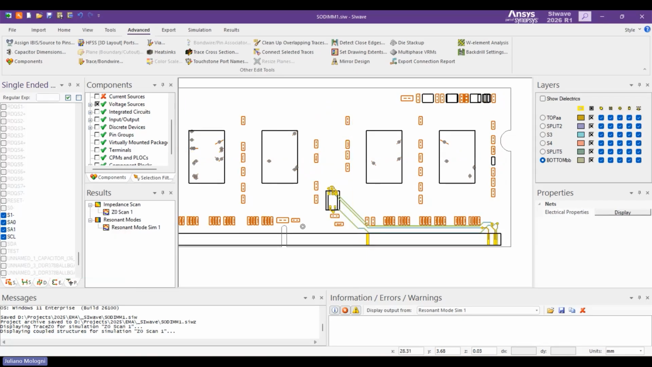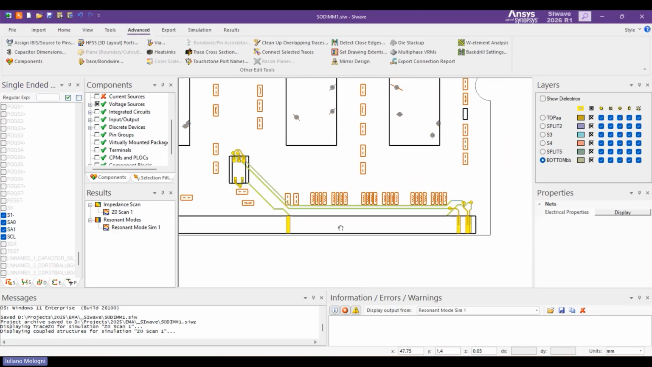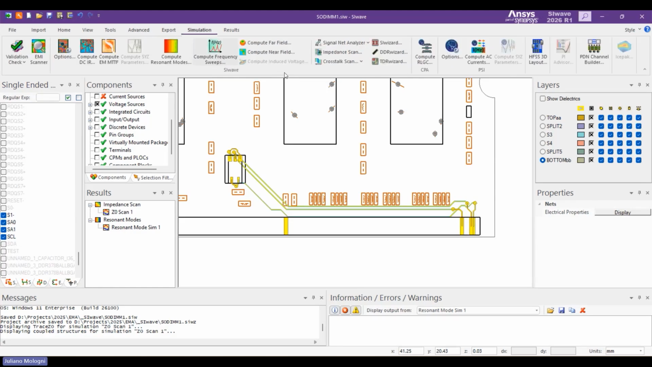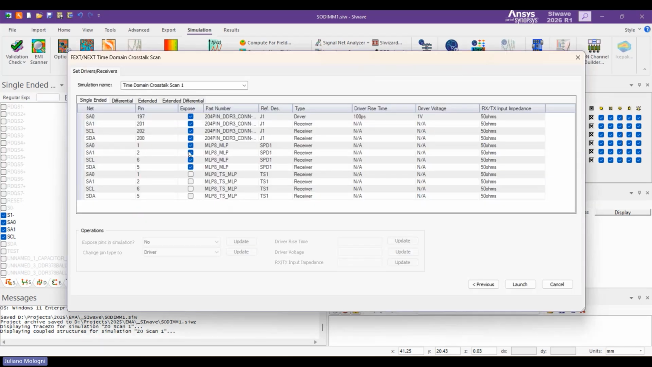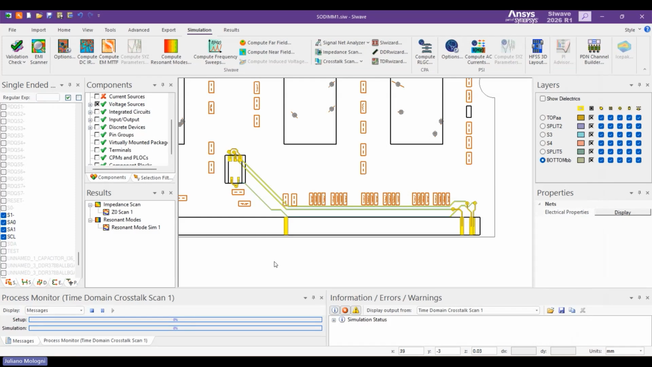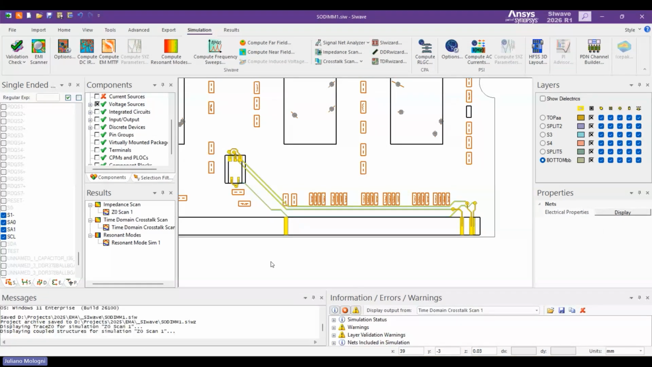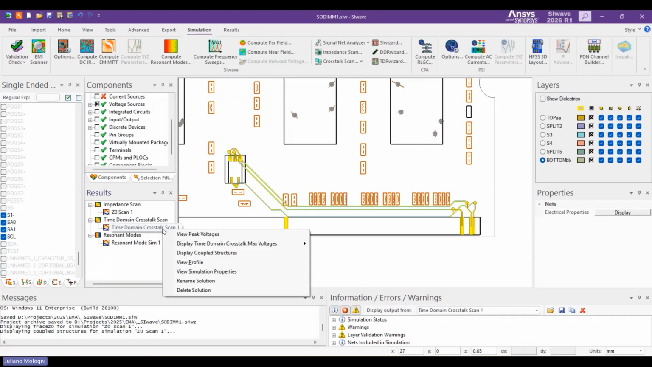So let me show these 4 nets that we're showing. I want to run a crosstalk in time domain. So I'm going to set up one of the traces. Here I have all the 4 nets. One of the traces I want to be the aggressor. So I have a driver, 100 picosecond, 1 volt. That's my driver voltage, 120 picoseconds. If I click launch, after a few seconds, we're going to have the results, and you're going to see a